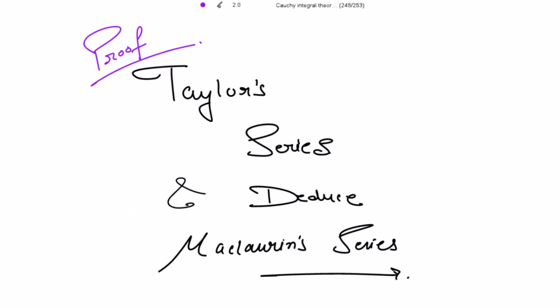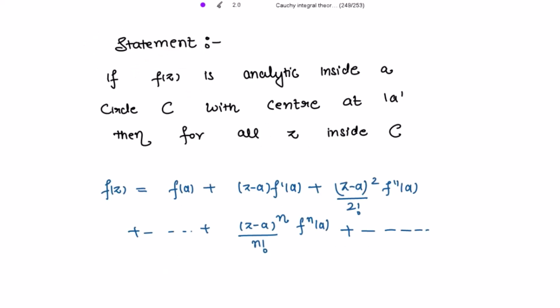Good morning. We need to prove Taylor series and then deduce the Maclaurin series from this. The statement is, if f(z) is analytic inside a circle C with center at A, then for all z inside C, f(z) is equal to f(A) plus (z minus A) into the first derivative of f(z) at A